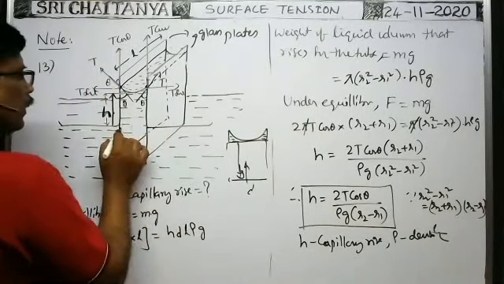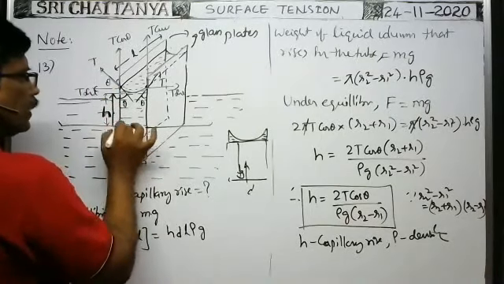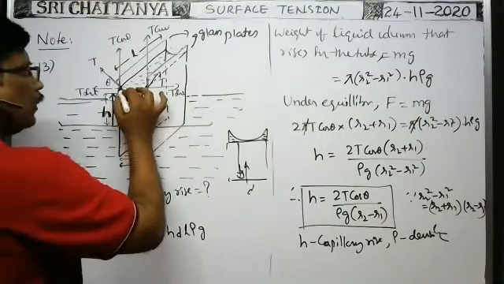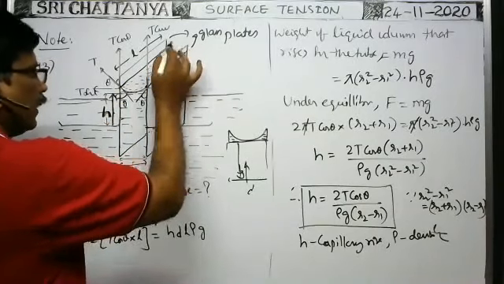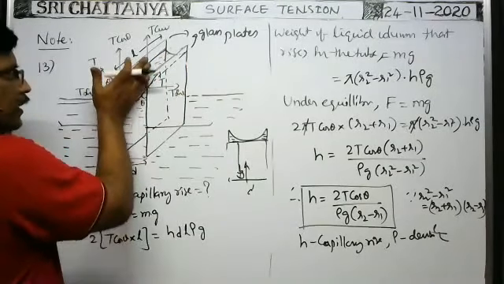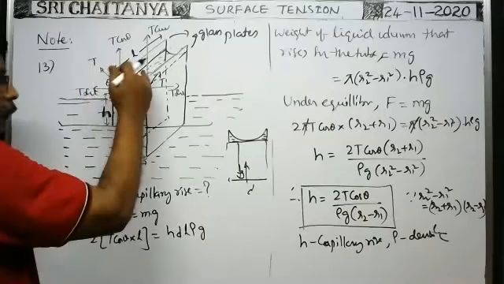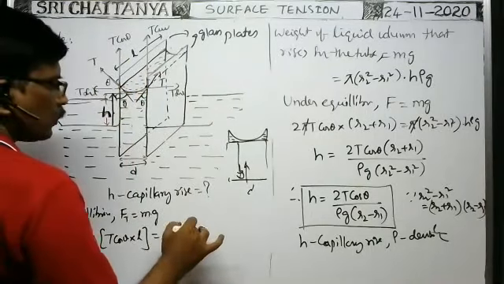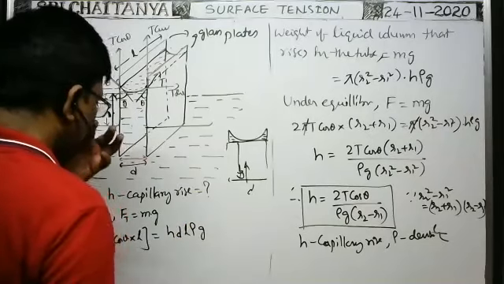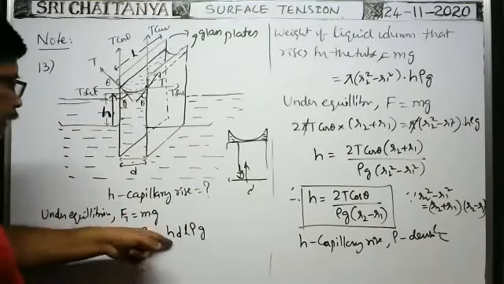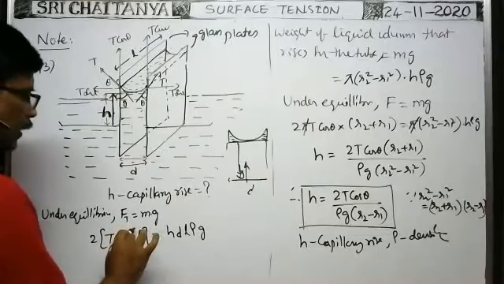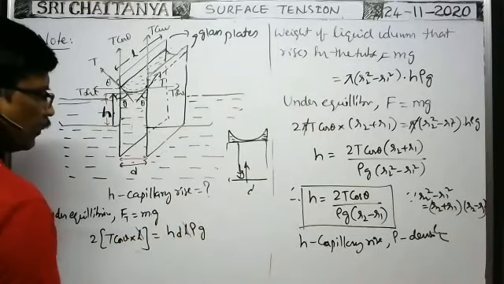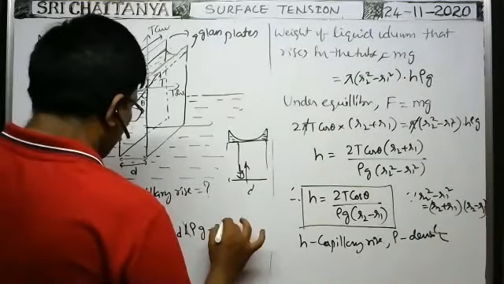Okay, so h into this d gives the area of cross section of the liquid column, into the length of the liquid column, which is equal to L. That is the volume of the liquid column that rises in the space between the two plates above the surface of the liquid in the beaker. Into density gives mass, into g gives weight. So from this we need the capillary rise h. Here L cancels. This L cancels. That implies small h is equal to